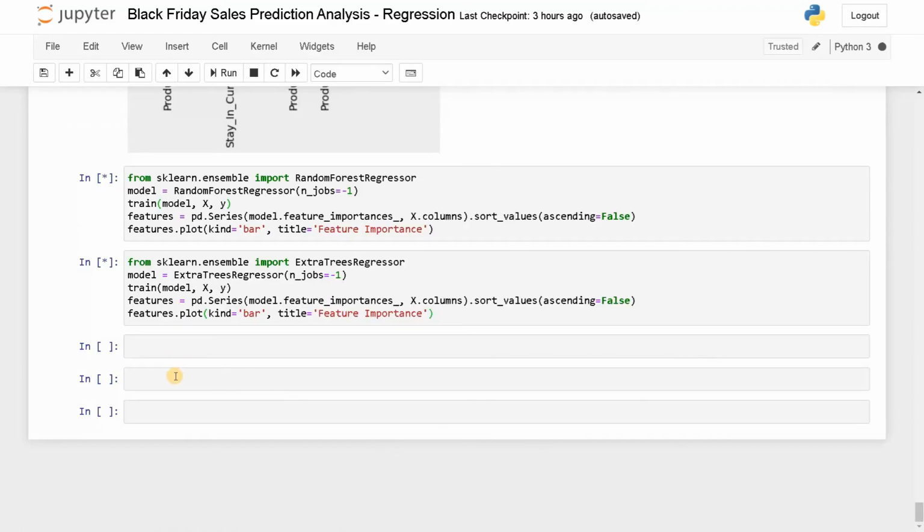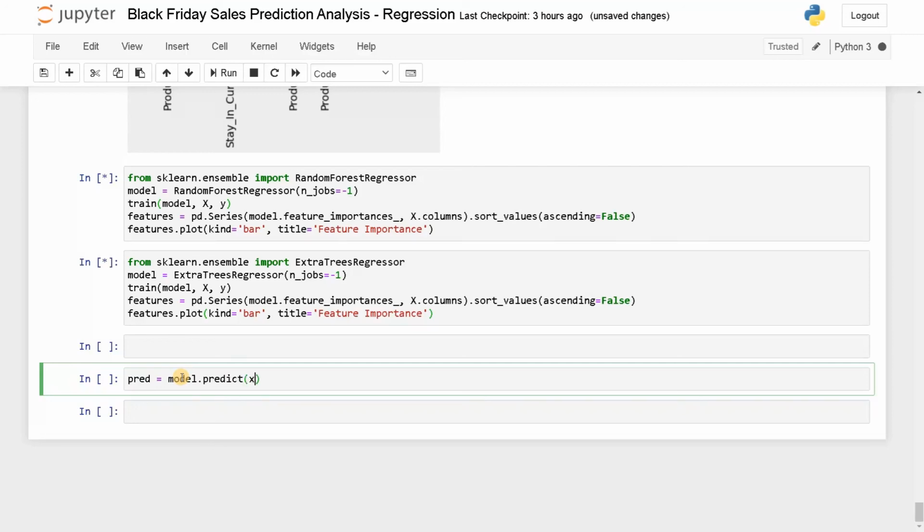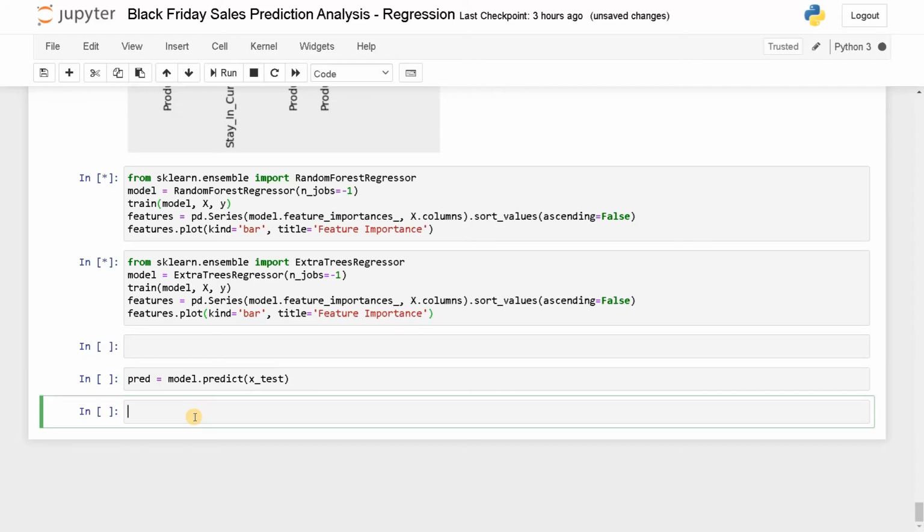So if you have the test data set and the model, you will say prediction equals model.predict(X_test). So based on the input attributes, it will predict the output attribute, that is the purchase. After getting the prediction variable, you need to convert this into a data frame. So what you can do is create a new data frame. Let's say submission. So this will be the file, pd.DataFrame. So this will create a new data frame.